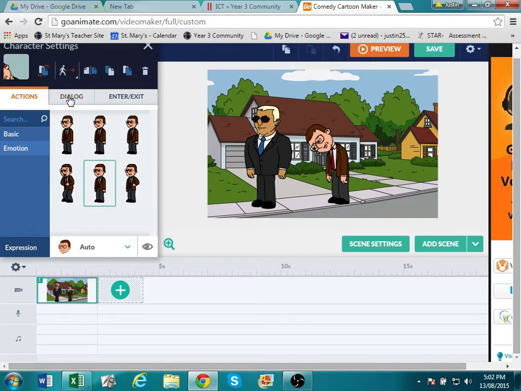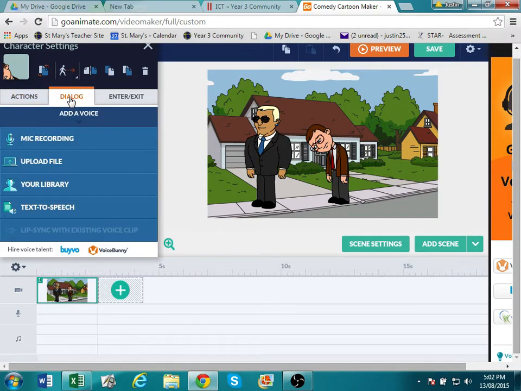The next box across here is the dialogue. Today we're going to play around just typing some stuff in, but when we make our things we might actually use a mic recording, where we record some things on the little handheld mics and then upload them. We'll see how we go, but first we're going to start using this text-to-speech. So if you click that,